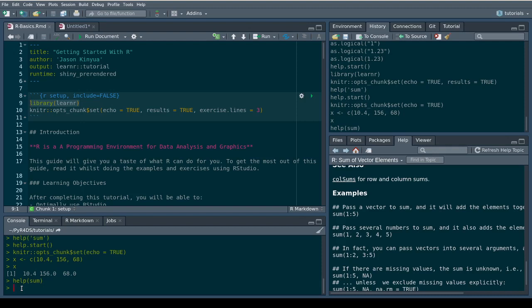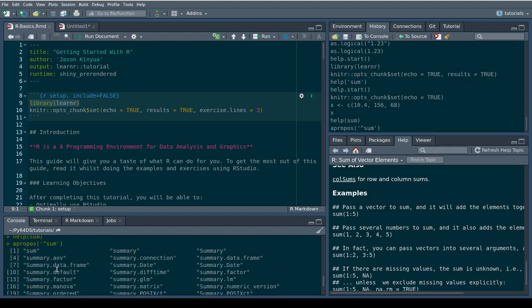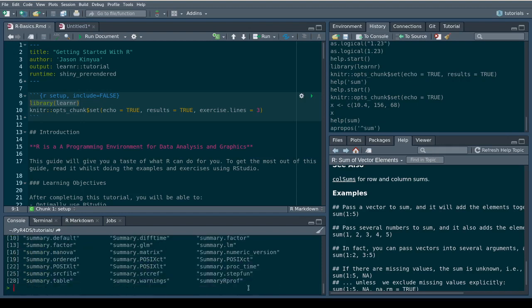The other function was apropos. Then what do you want? Maybe we want to match a pattern. Which pattern? Functions that begin with the word sum. Here they are, all of them: summary, sum. So these are all the functions that match our pattern, that is, they start with the word sum.